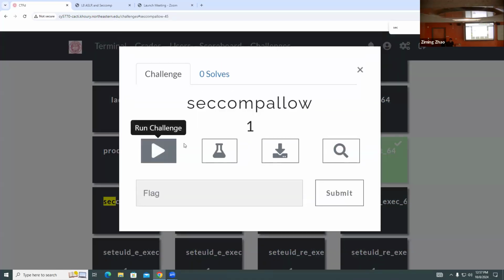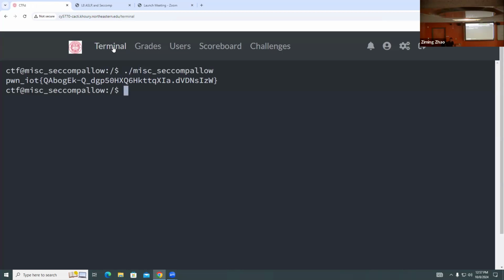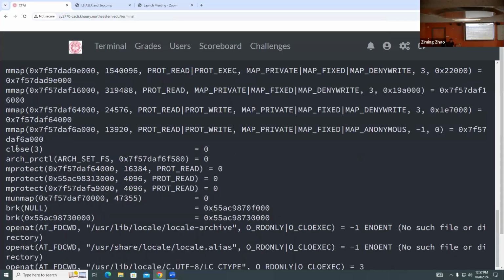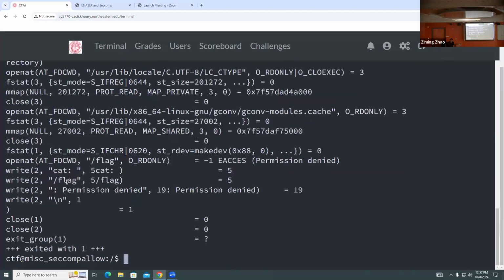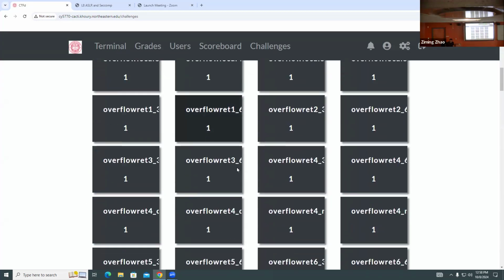So this is the Seccomp disallow part. Let's do the allow part. The allow part is very easy. You can just ask for the flag, right? So if we do an strace, of course strace will not give us the flag, but you can say strace, after the exec. So here we're doing execve to cat. Then after that, when we actually write this, we don't have permission because we're doing strace. So this is the allow version, which just gives us a flag. Very simple. Then the other version